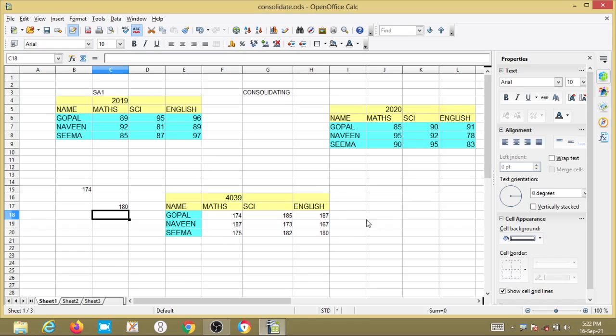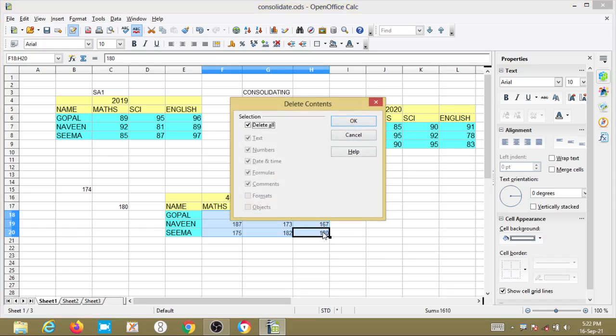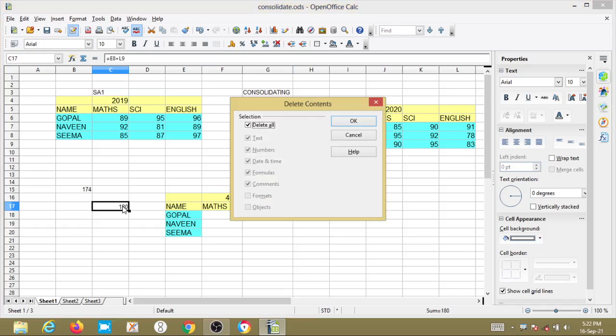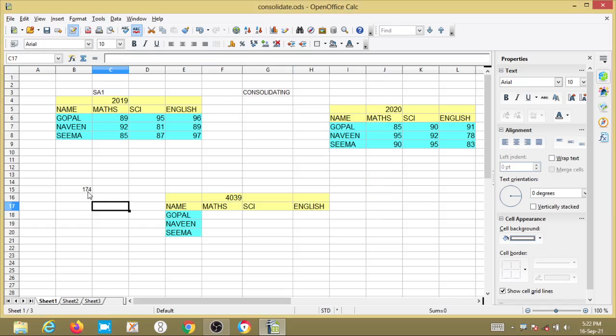So I will explain once again. I will delete this. See what we have to do. Here I want the total marks of the students Gopal, Naveen and Seema.